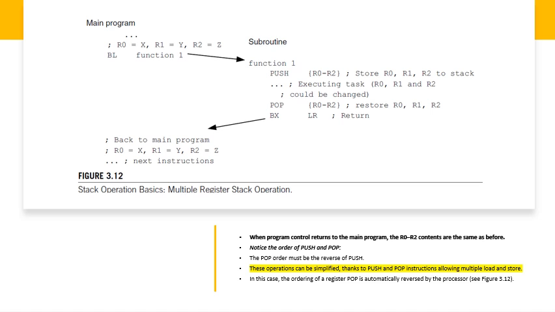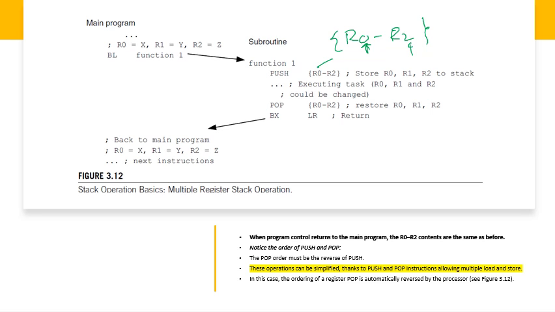Next, if you consider stack operation for multiple registers, suppose you have stored the same thing from R0 to R2. Instead of using push R0, R1 and R2 separately, you can use a single instruction from R0 to R2. The hyphen indicates the continuation from the starting register to the end register. While popping also you have to use the same thing. It will pop out R2 followed by R1 then R0. So that you have to remember here.